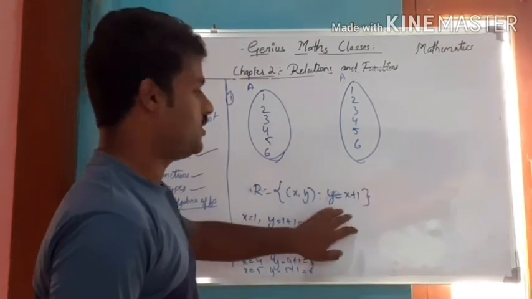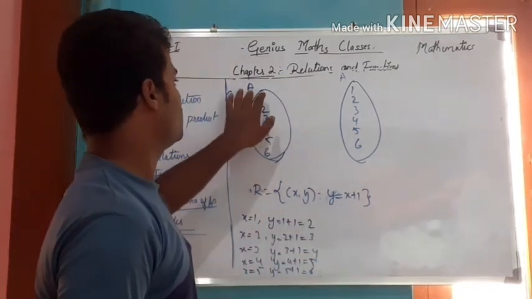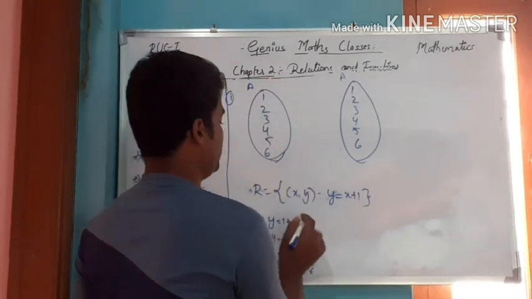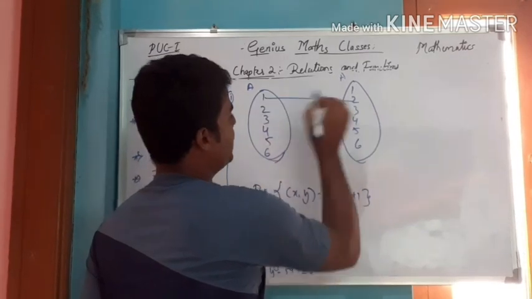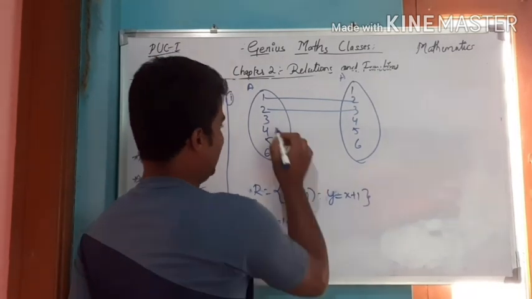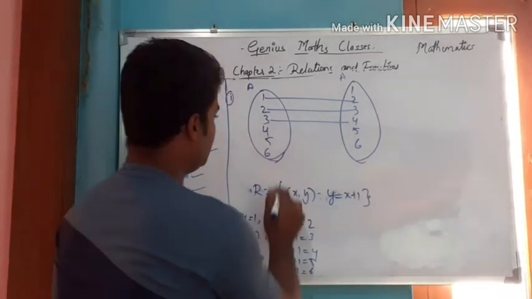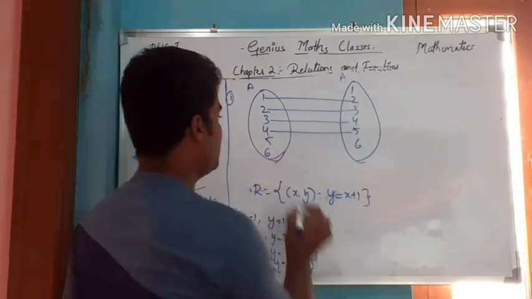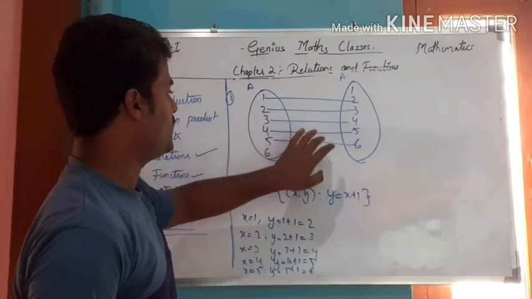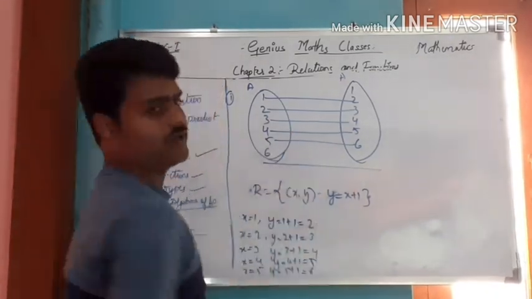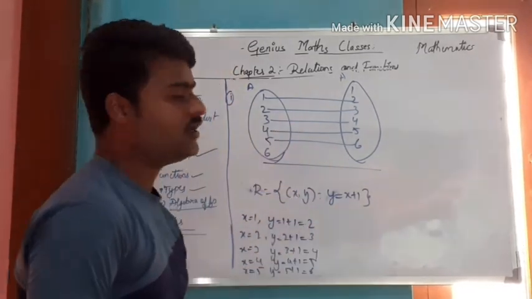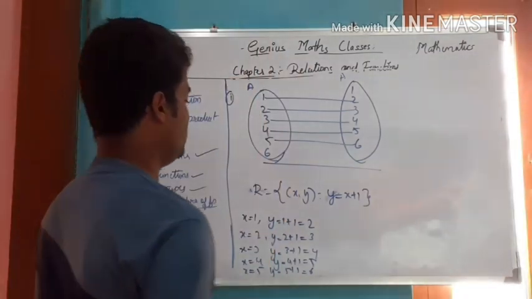You see, the relation is obtained by defining the relation from the set A to itself only. So for x equal to 1, I am getting the image 2. For x equal to 2, I am getting the image 3. For x equal to 3, the image 4. For x equal to 4, the image 5. For x equal to 5, the image 6. So this is the relation. The first one is the arrow diagram. Now, using this, I have to get the domain, codomain and range.